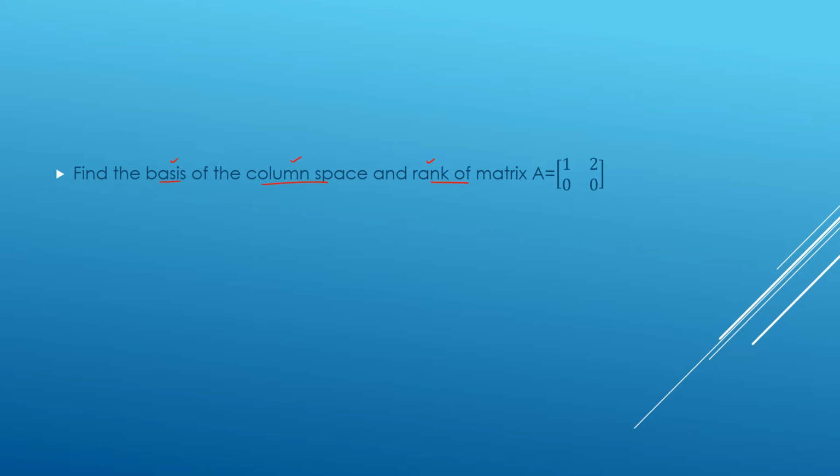Firstly, column space. Let's say you have a matrix, any matrix of order n by n. So the column space will be represented as Col A, and it will be the set of all the linear combinations which you can get from the columns of this matrix. So we will see that Col A will be defined as the span, the linear combination, of all the columns which we are having.